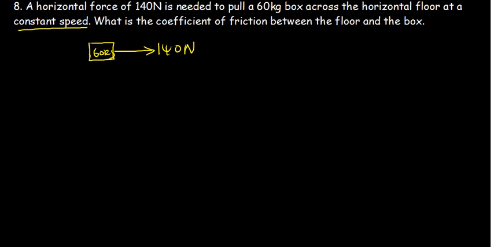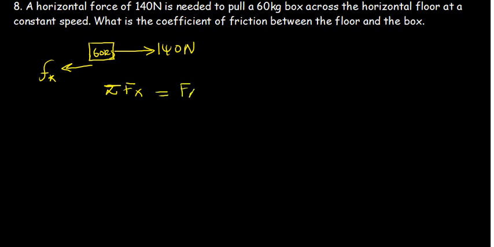So for us to be able to calculate the coefficient of friction, meaning that there is a friction here, a kinetic friction, because this thing is moving at constant speed. So if it wasn't moving, then the friction we would be talking about is static friction. So we are going to talk about the net force. Net force on this object in the x direction, because it's just moving in the x, is given by applied force